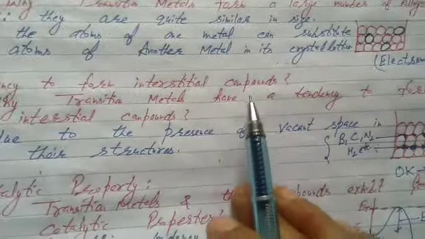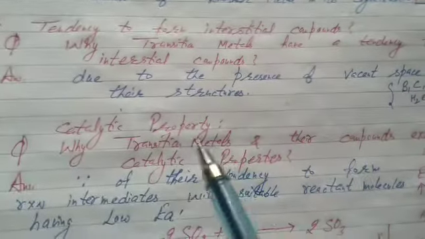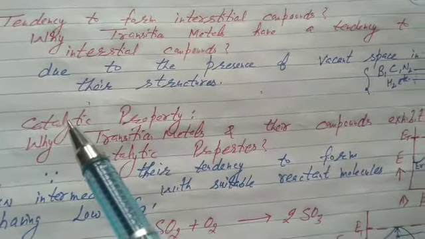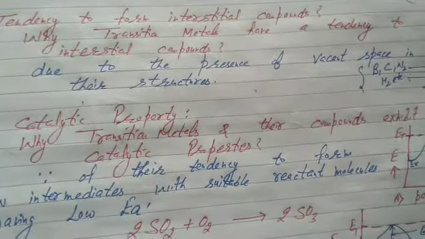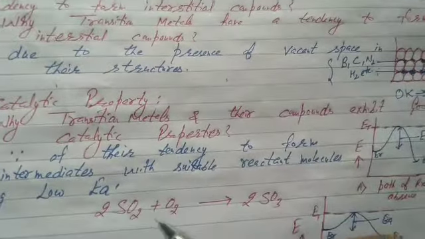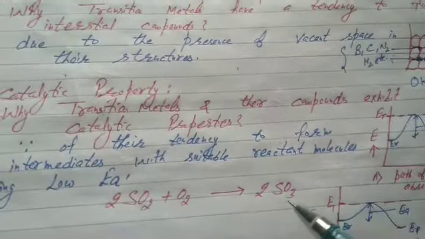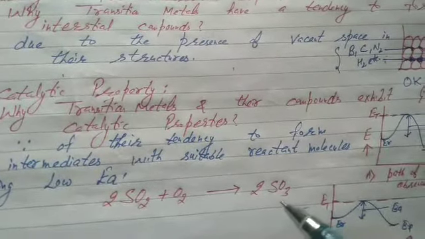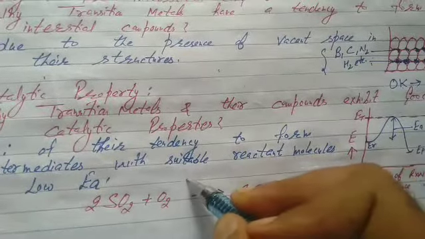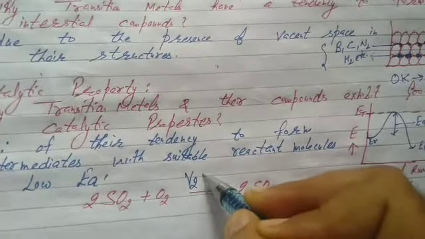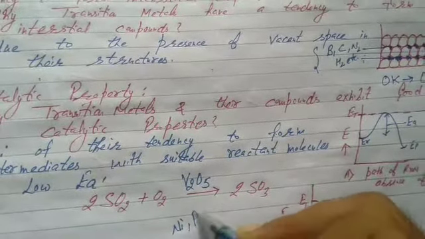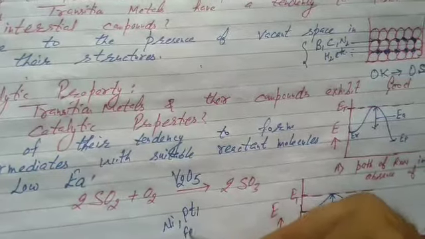The next property, the fourth property, is catalytic property. All of you are familiar with the term catalyst, which speeds up a given chemical reaction. Any chemical reaction, suppose SO2 plus O2 leads to the formation of SO3. Assume it is completed in 60 minutes. But when we use a catalyst, maybe nickel, platinum, gold. Generally we use nickel, platinum, and in Haber's process Fe2O3.